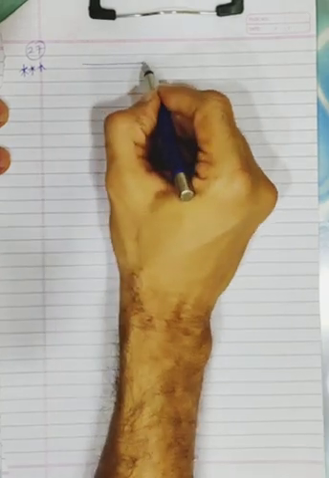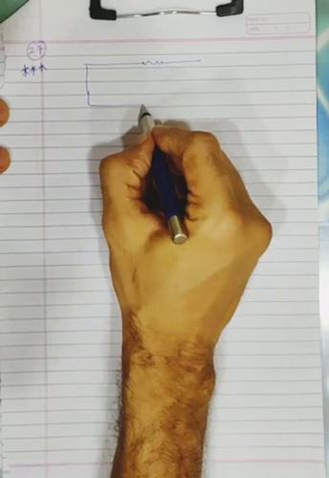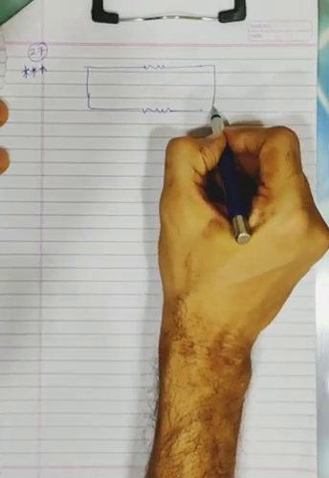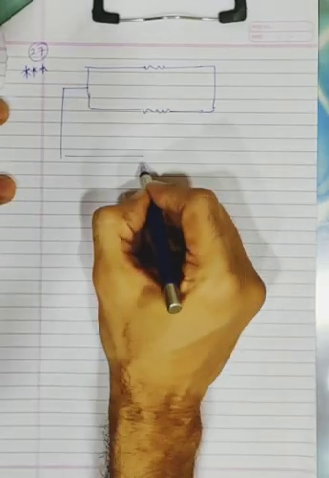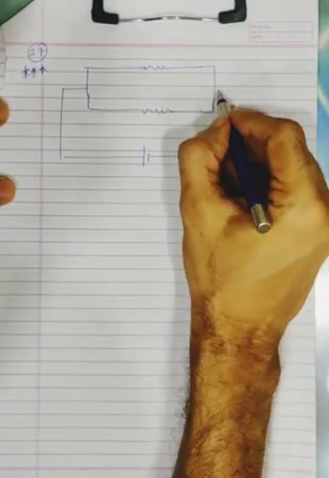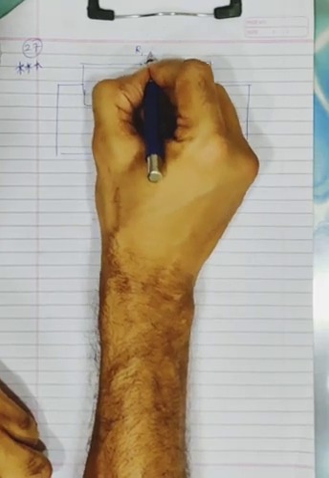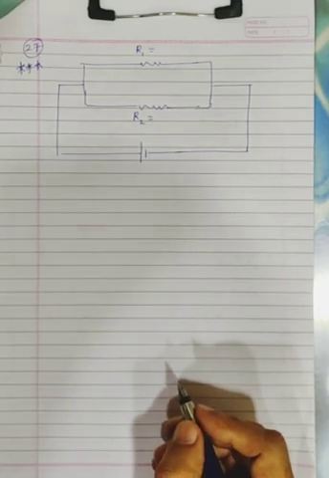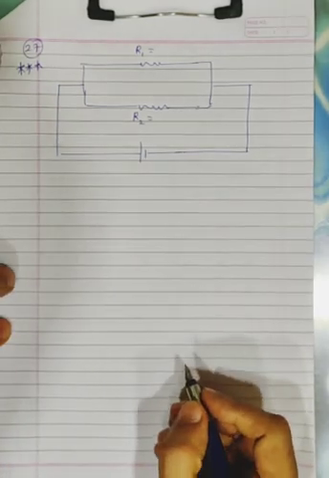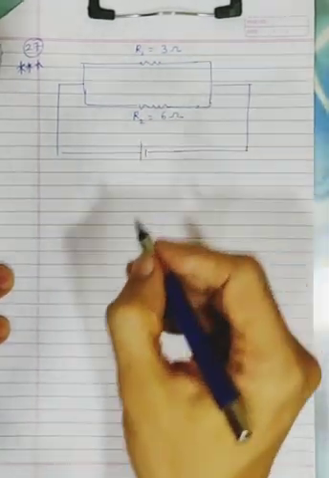See how to make a diagram. You have one resistance out here, then this is your second resistance, and the ends of these are connected to a cell. Out here we can write R1, and over here R2. We have been given two resistors, so R1 is equal to 3 ohm and R2 is equal to 6 ohm.